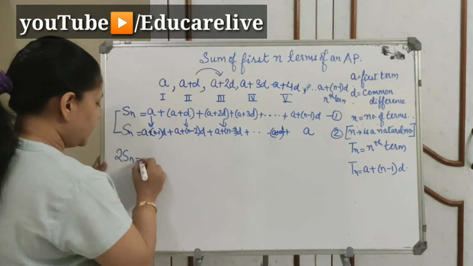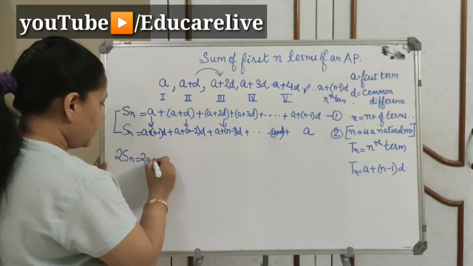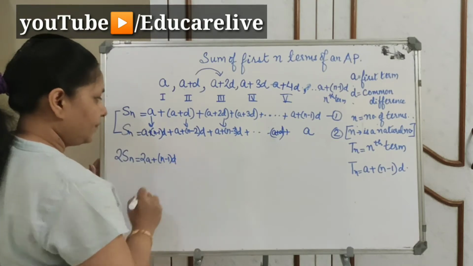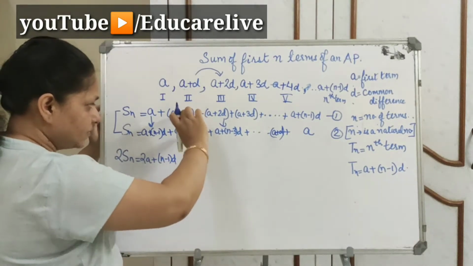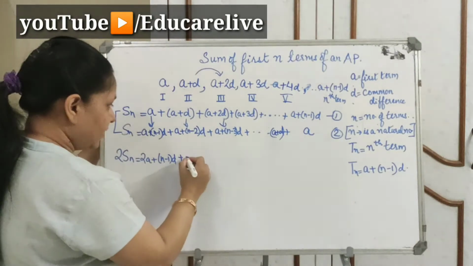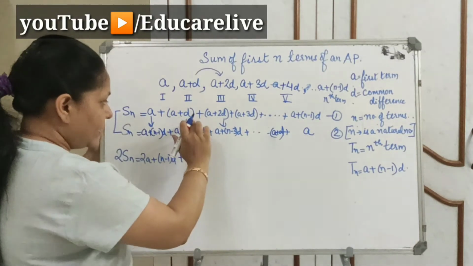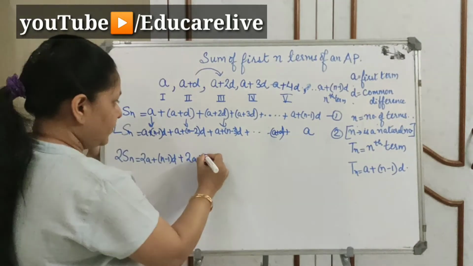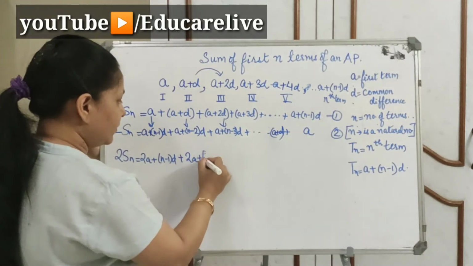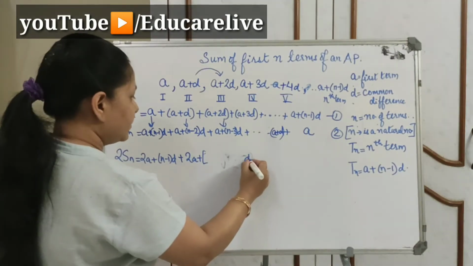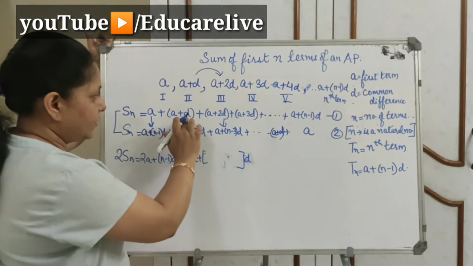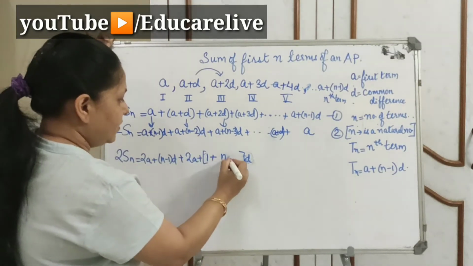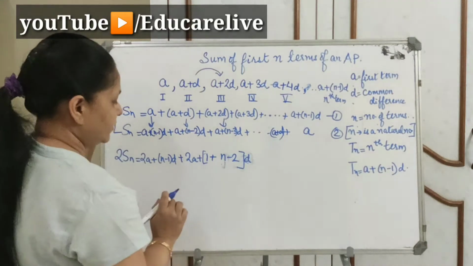So a plus a, that means 2a, and we don't have any d, so it will be n minus 1d only. Okay. Now we move to the second terms, we'll add. A plus a, again you will get 2a. Now we have n minus 2 and 1d. That means what we can do is we can take out d common. Okay. So this is 1d, so I'll write 1. And here we have n minus 2. So n minus 2, and d we have written outside.